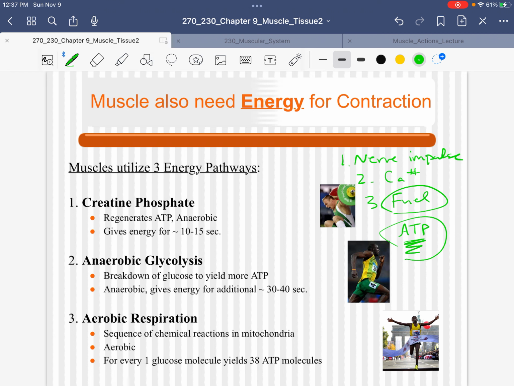So we need to make sure we review what are the energy pathways that are converting carbs and fat, and sometimes protein, but mostly carbs and fat, into ATP. All you need to know is the order. The muscles will first generate ATP through the creatine phosphate system. You might hear it called phosphocreatine. But this is what can generate ATP initially, I would say for about 10 seconds, and it is anaerobic, which means without oxygen. For an exercise, or when we're asking the muscle to contract for longer than 10 seconds, then we're going to start to tap into producing ATP,